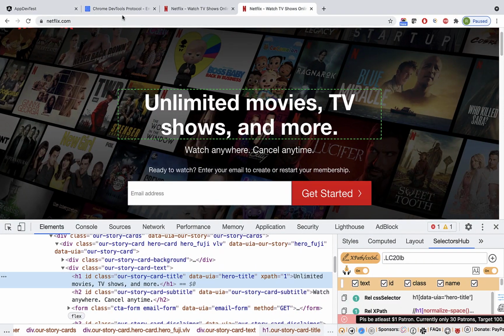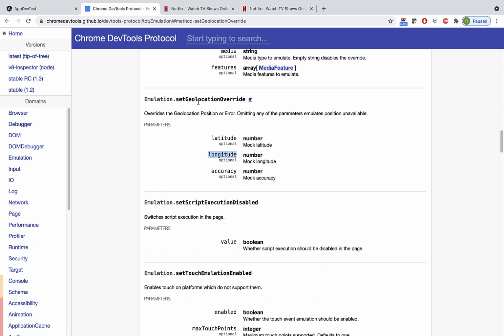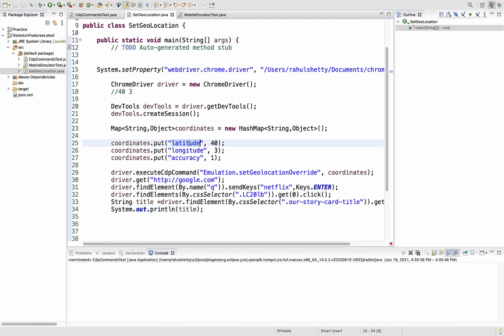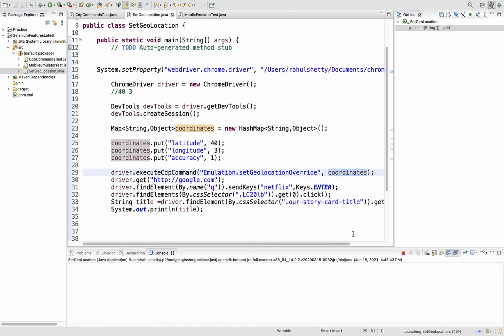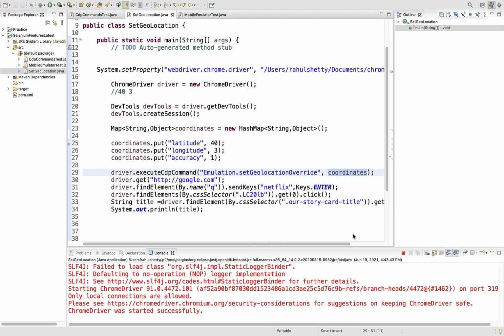We just took one of the methods of Chrome DevTools, which is setGeolocationOverride, which overrides the existing position, and it is asking for 3 parameters. So we have sent 3 parameters in a hash map, latitude and longitude, and we are executing that CDP command directly and providing the coordinates as the second argument. All right, so it should Google search with Netflix and give us the title on that home page.